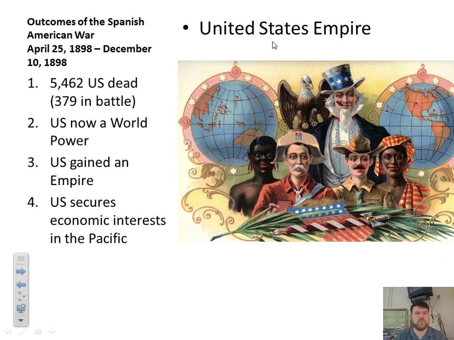So what's the outcome? So what? What happens? Big deal. We beat Spain pretty handily in both Cuba and in Philippines. Not that many died. This is pretty low numbers, but check this number out here, 379. That's it, just 379 deaths from battle, from direct conflict. So where are the other deaths coming from? Over 5,000 deaths not from battle, so what's happening? What's going on here? The problem is people are dying from